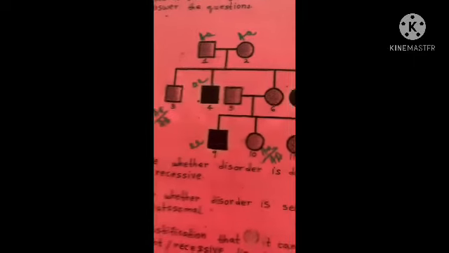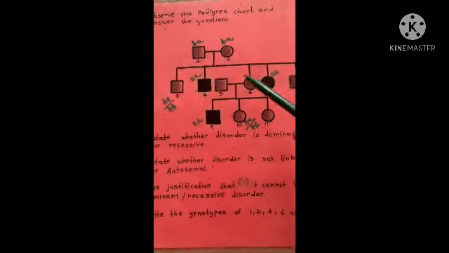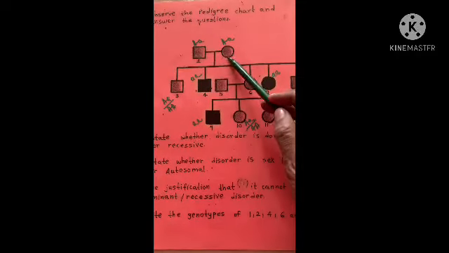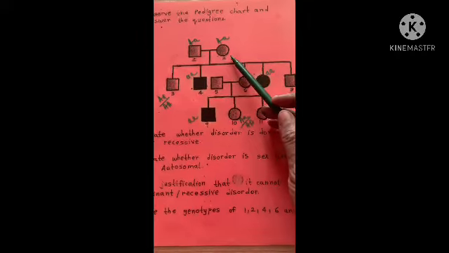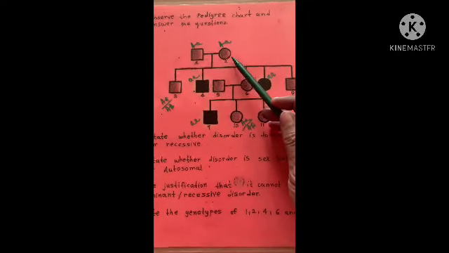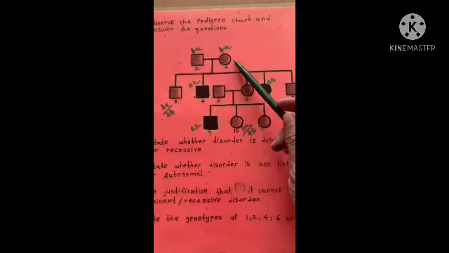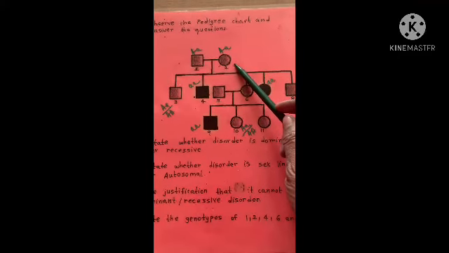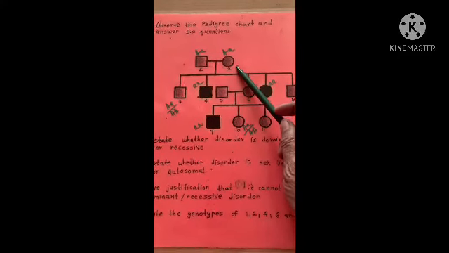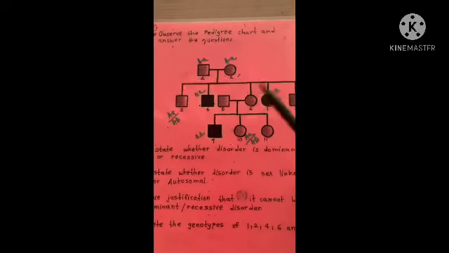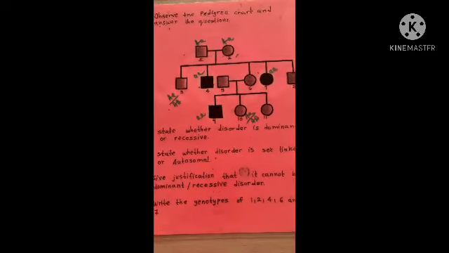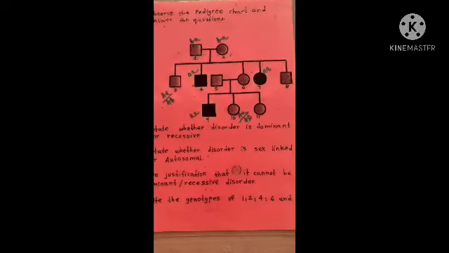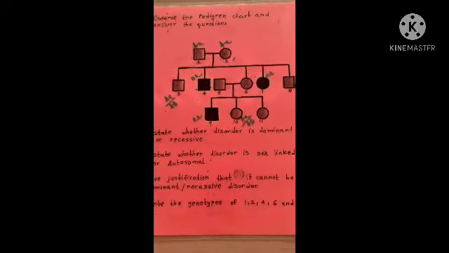Another thumb rule you have to remember: if you see this chart, if both the parents are normal, and in the first generation there is an appearance of the disease, then one thumb rule can be derived, that both the parents must be heterozygous for the condition, and this must be a recessive gene. This disorder must be regulated by a recessive gene. One thumb rule to remember is that if both the parents are normal, and in the F1 generation there is an appearance of disease, then in that condition both the parents must be in the heterozygous condition.